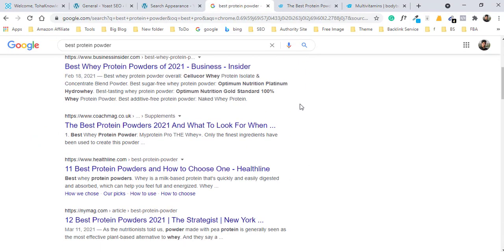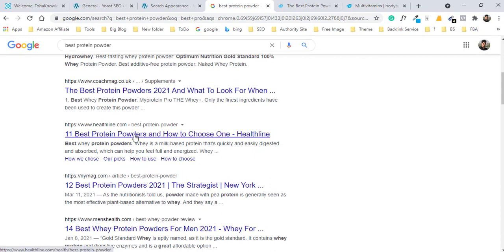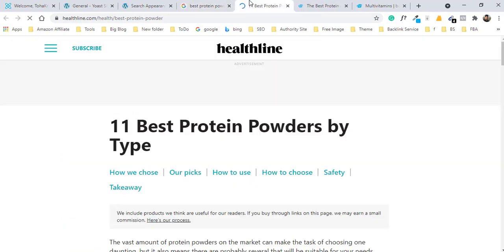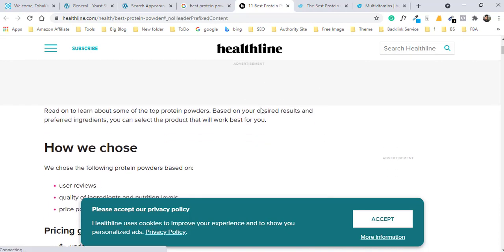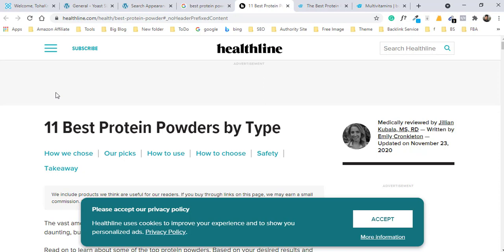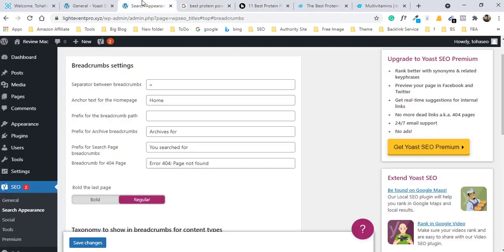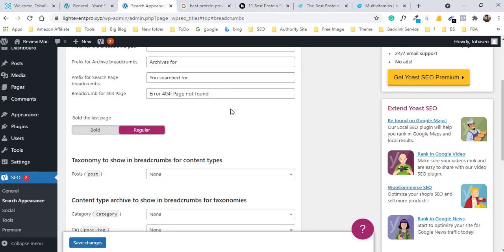For example, if I go to a page that has breadcrumbs, here is the breadcrumb: you see home page, category page, then your page title. It's called breadcrumbs. The user can easily understand where they are.